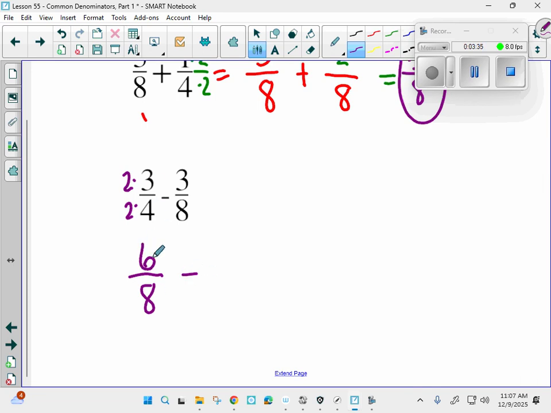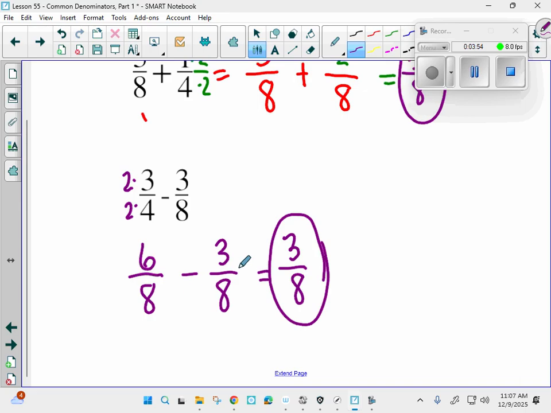And then I'm going to subtract 3/8. I rewrite that exactly the same. And Richard, what would 6/8 minus 3/8 be? Yep, it would be 3/8. Only subtract the 6 minus 3. All right, and that one is done. Let's try some